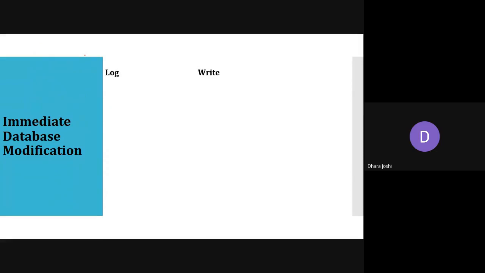Okay, we are taking one example. Here is our log, and here is a write operation which we are going to perform into the actual database. Suppose the first instruction is T0 started. That means we have a transaction T0 and now it is started. The next instruction, T0, A, 1950. That means transaction T0 now wants to update the data item A. The old value of this data item is 1000 and the new value will be 950.